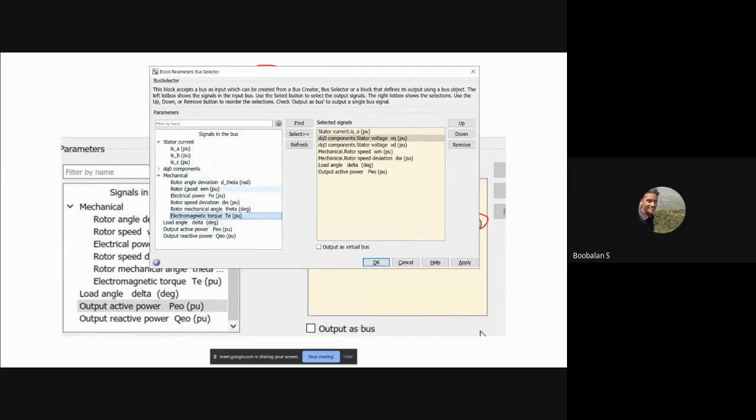But if people are very interested in measuring these parameters of this machine, you could select this entire block and select it. Nothing wrong in that. But these are the very basic things needed to run my simulation. That's why I'm selecting these particular things. If you're interested in measuring the remaining stator currents, RYB, reactive power, just go with it, select and finish it up.